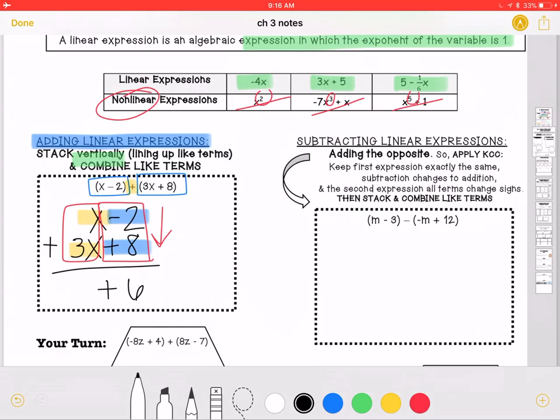Now, what does an x and a 3x give you? So I have 3x and I add x to it. That should give us 4x. If there's not a coefficient here in front of the x, remember it's invisible. Our invisible number is always 1. So keep your variable. 1 plus 3 is 4. So that's our answer, 4x plus 6. Remember, you should be getting an expression. So that's how we added